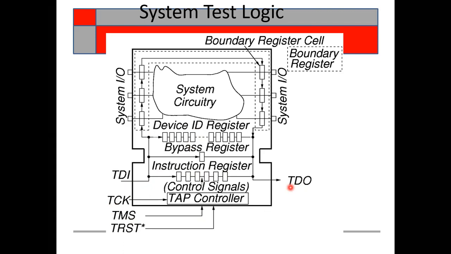And here TRST, or reset, is nothing but a test reset, which resets the TAP controller and test logic; it is optional. A PC board with several boundary scan ICs is shown, so that we are able to see a single IC system. Another one, second, third, fourth, we are using serially a PC board with several boundary scan ICs. We are able to connect them to each other.